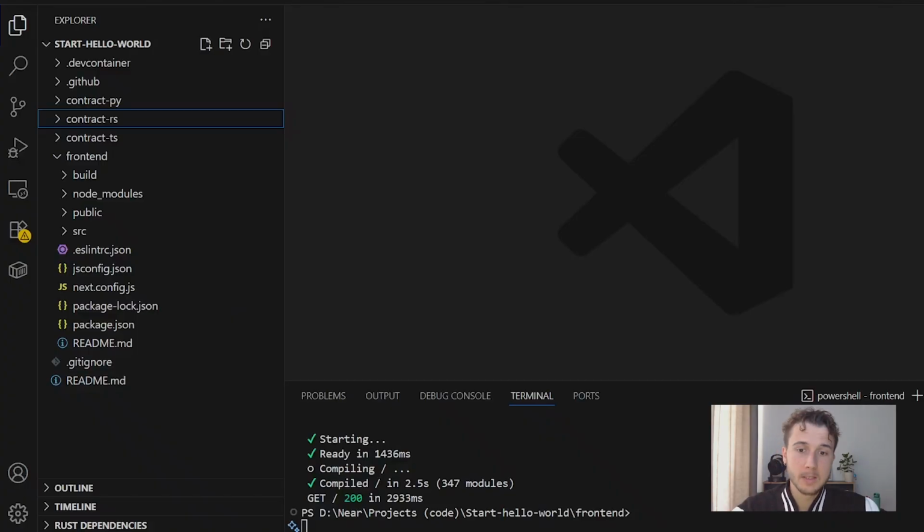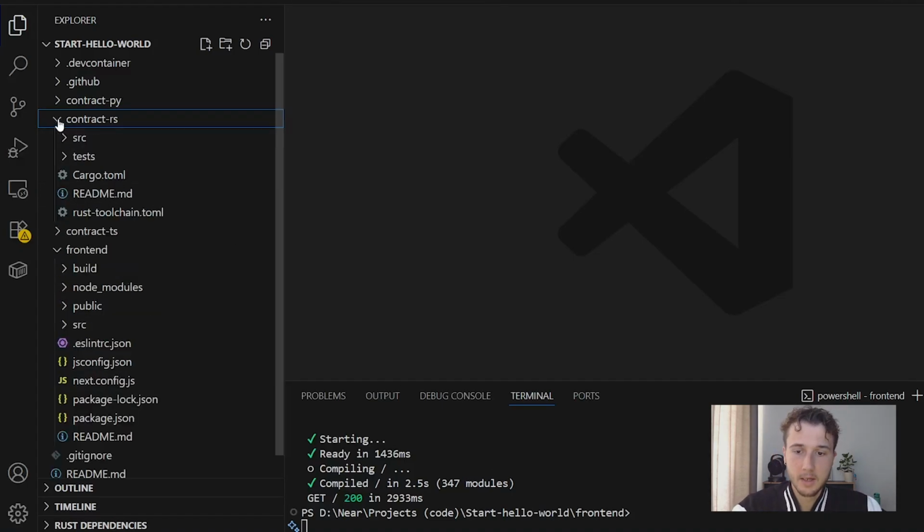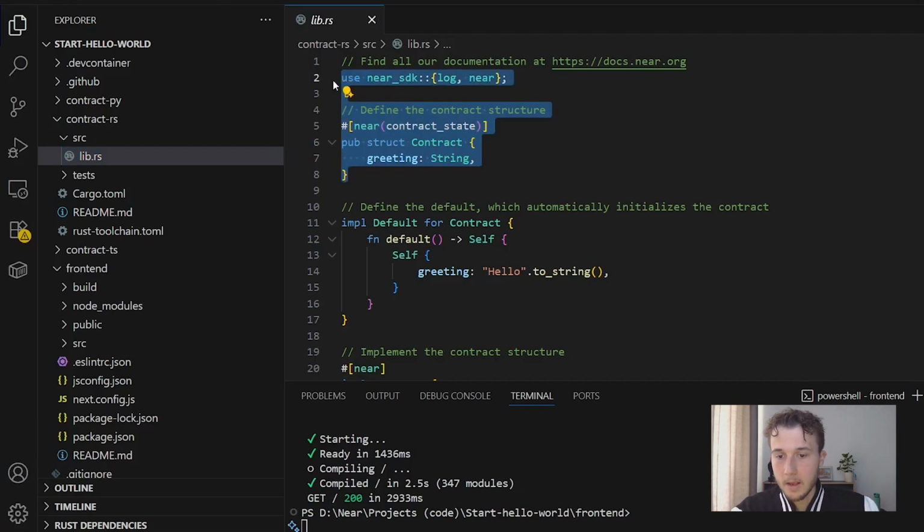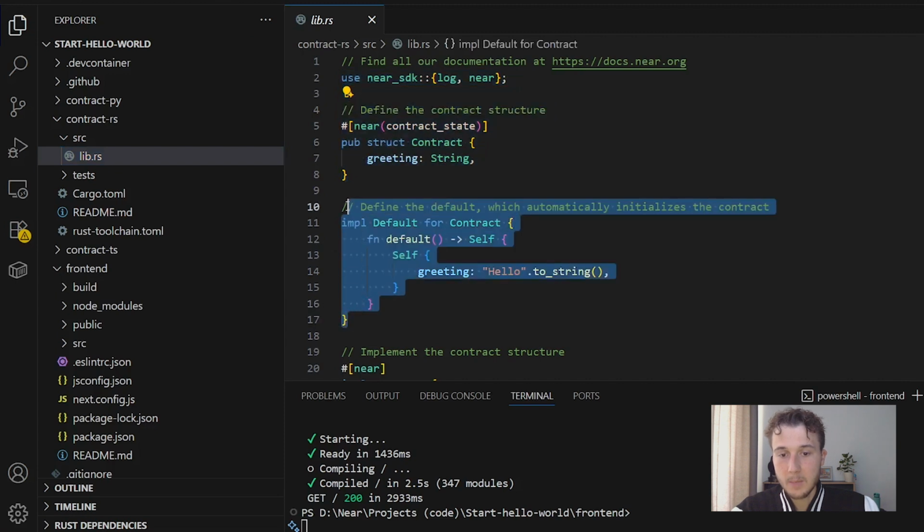First, let me quickly explain the NEAR smart contract we'll be connecting to. This simple greeting contract is written in Rust and demonstrates the basic patterns you will see in any NEAR Dapp. The contract starts by importing the NEAR SDK and defining a simple structure with one field, a greeting string. The NEAR contract state attribute tells NEAR this is our main contract state. The default implementation sets up the initial contract state with hello as the default greeting when the contract is first